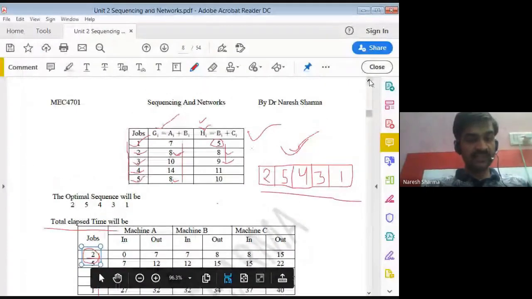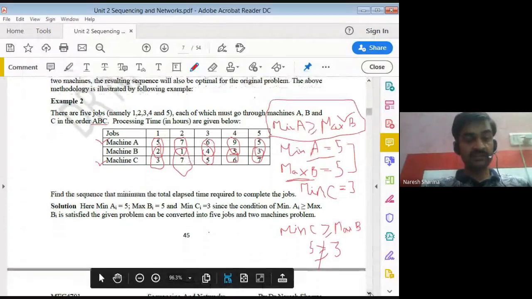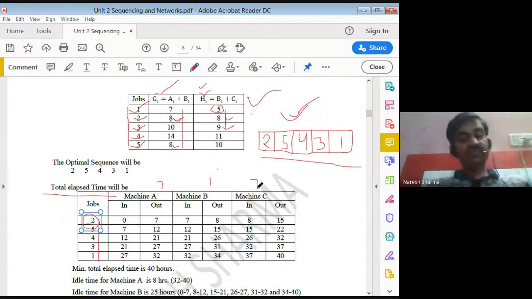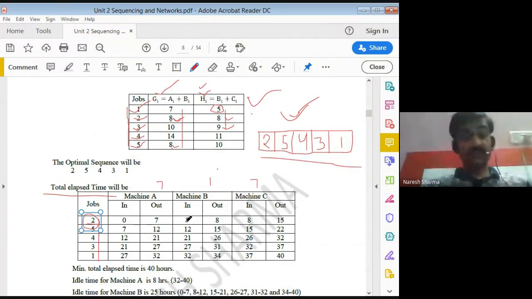For the second job it is 7, 1, 7. That means in machine A it requires 7 hours, at machine B it requires 1 hour, and at machine C it requires 7 hours. So we start the job at 0 time, and it takes 7 hours to complete at machine A. Then it enters machine B and takes 1 hour, that is 8. Then it enters machine C at 8 and again takes 7 hours as given in the table. So we complete this task at time 15.